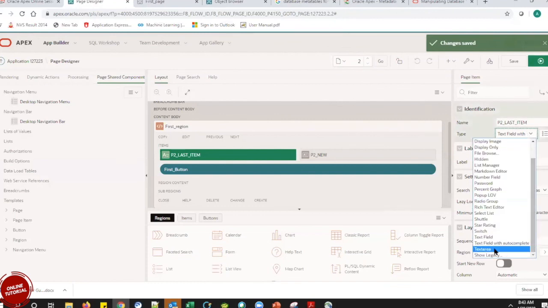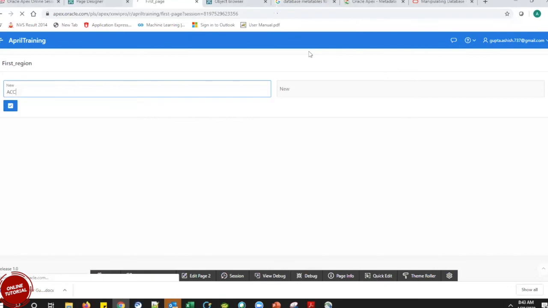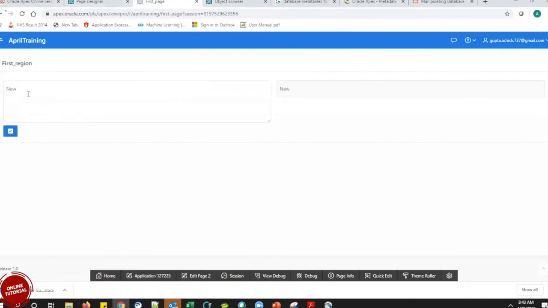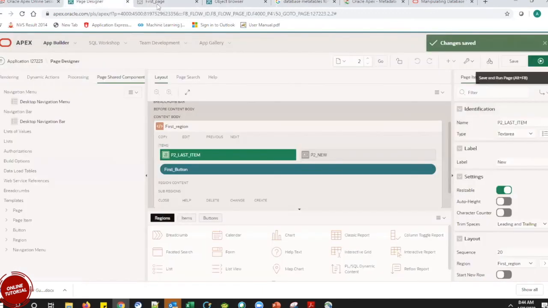And we have a text area. This text area is nothing but a text field, but we use it because it has a broader size and can hold more characters. We keep text areas mostly in the comment section when we are building a page and need to keep comments for anything. You can see this is something like a comment area where we write comments or references for our pages. So this is all about the text area.